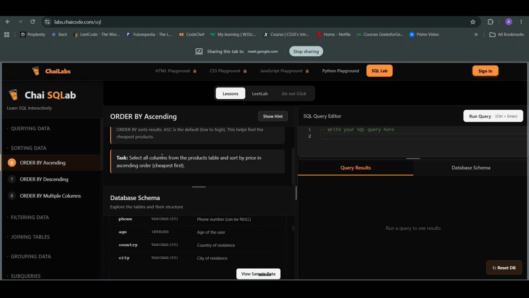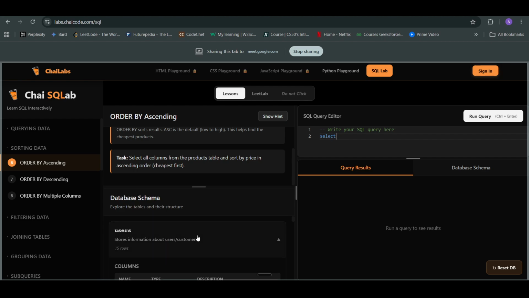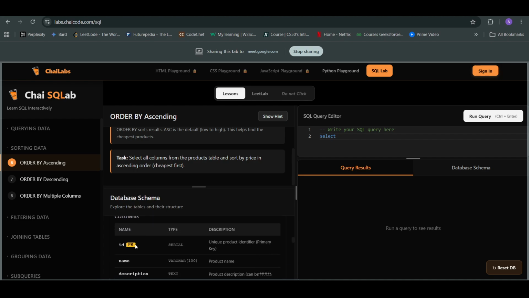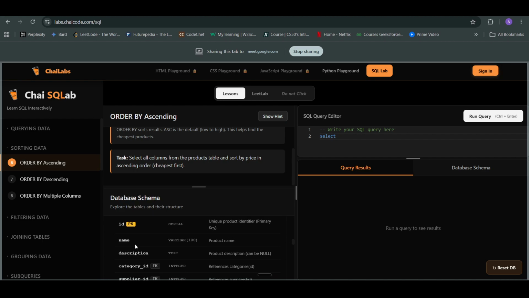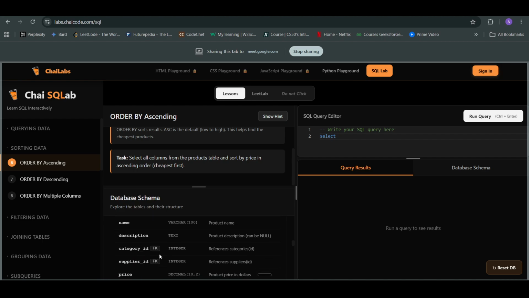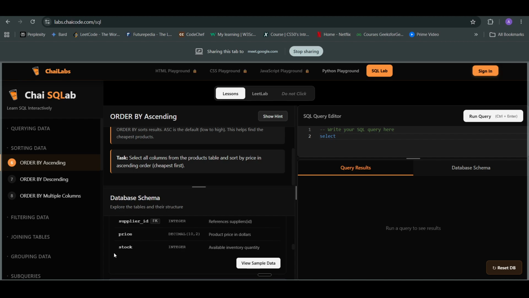Let's go to the sixth question. It says select all columns from the products table, and we should sort all the columns by price in ascending order. So it is simple. First, it is saying the products table, right? First we'll see into the products table. See, in the products table, what we have is again ID as the primary key, name, description. There are two foreign keys which are referencing other tables, and there is price, and there is stock. We should sort the columns